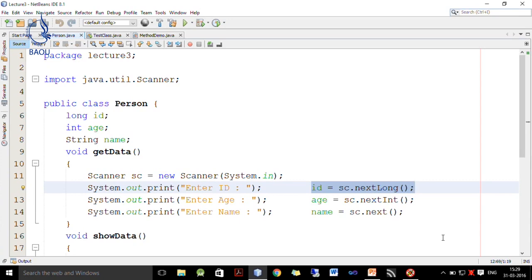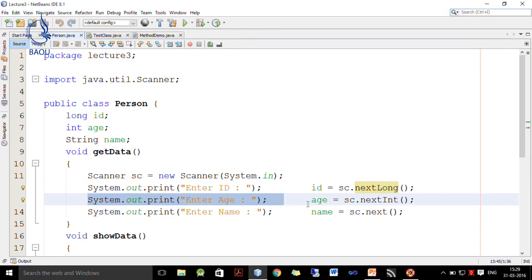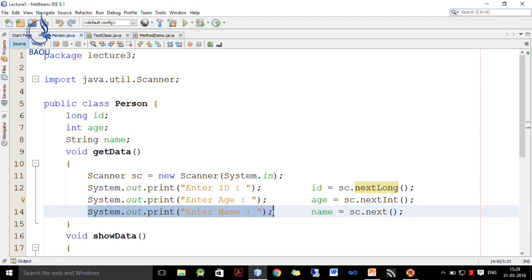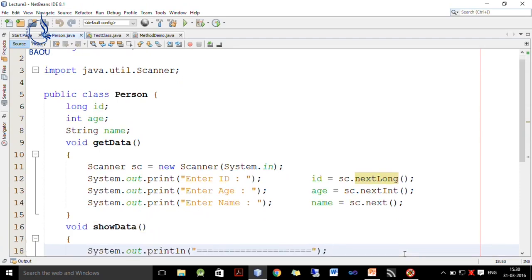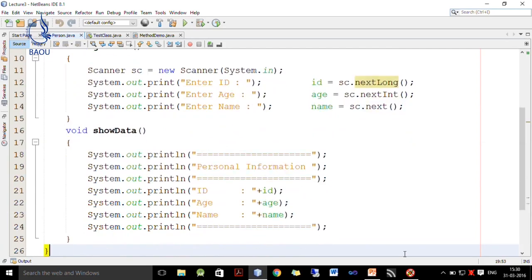Once ID is read, we ask the user to enter age and it is stored inside age by the method next integer of scanner class, and finally, we read the name of the person from the user and it is read using the next method, because next method returns a string. So, I hope you can understand this get data method which actually reads data from the user.